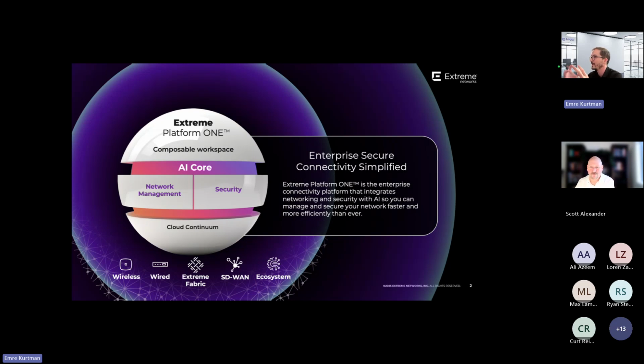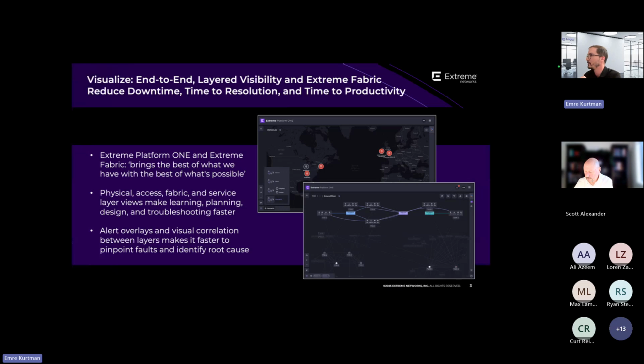And all of this is based on an AI core, and we will talk about AI in more detail, and what it actually means to have AI in the core of the platform, compared to having standard software and basically adding on AI bits and pieces to it. There's a fundamental difference in building an entire platform with AI in mind and AI at the core. So with that said, let me move on to some of the key capabilities and elements within Extreme Platform 1.